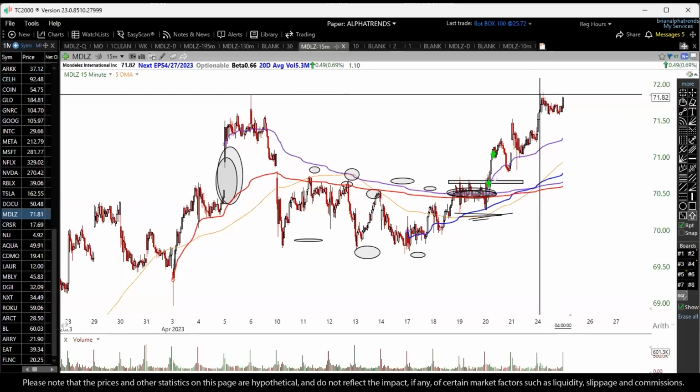So the point is, we want to be here at the onset of momentum, because if we buy here, we know that our stop goes below that level. That's the most recent relevant higher low. That's where all my stops go on a long, for whatever time frame it is. If it's a 1 minute time frame with Mobileye, or the 15-minute time frame here on Mondelez, if I buy here, I'm saying